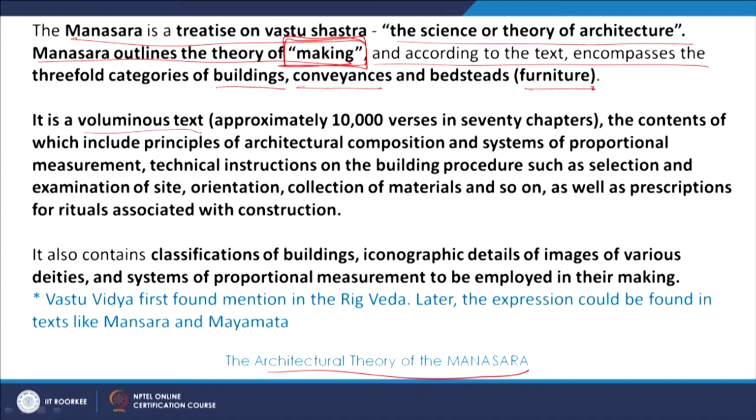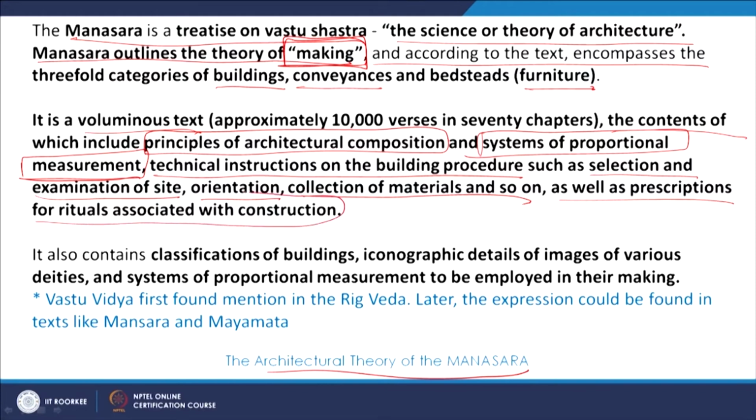It is a voluminous text, the contents of which include principles of architectural composition and systems of proportional measurement. Also technical instructions on the building procedure, such as the selection and examination of site, orientation, collection of materials and so on, as well as prescriptions for rituals associated with construction. So, we already have such treatises, we have so many scriptures which define these systems which have been in place,